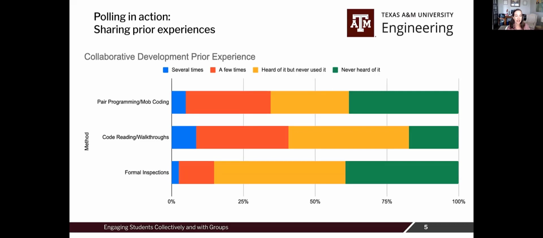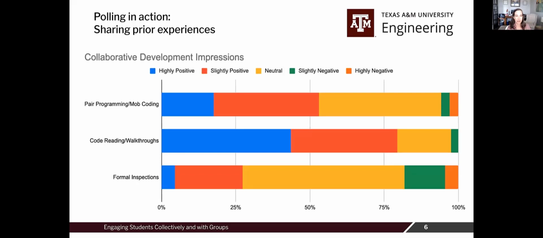And then I can even say, hey, I see that a few of you have done pair programming before. Someone tell me about that, right? And I know that someone's done it because they've answered the poll that way. So it gives me confidence to wait longer to hear the response instead of just assuming, oh, well, I guess no one's done this. I have the answer already. And I can even go, hey, I know some of you have done it. What was it like, right? And then someone starts to speak up. And then once one does, it's like a domino. Then they're like, oh, I can do that too. So it's been really effective that way.